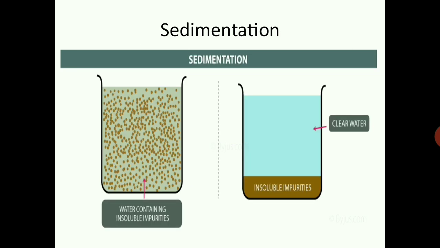The next separation is the separation of insoluble solid substances from liquids. For example, sand and water. If we have a mixture of sand and water, how will we separate it? Sometimes it may not be possible to separate the components of a mixture by winnowing or hand picking. So in that case, how are we going to separate it? The first process is sedimentation, decantation, and then filtration.